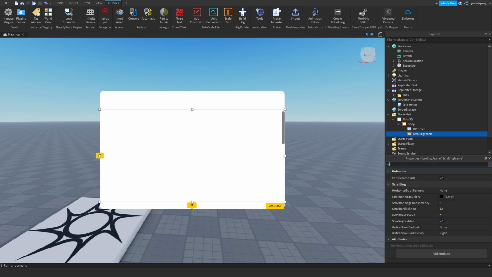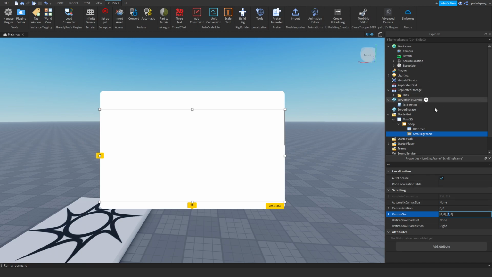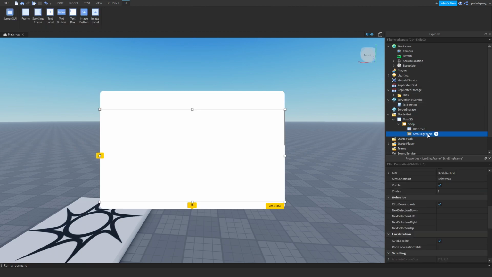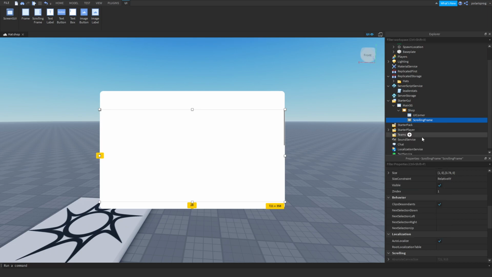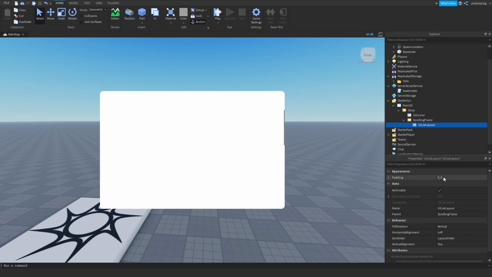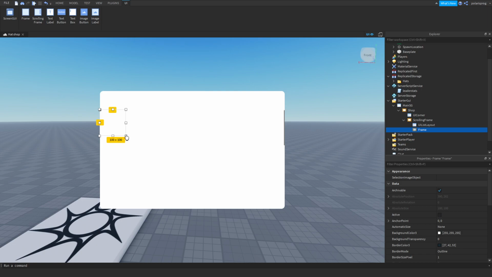I'm also going to change the scroll bar thickness to something like 2 or 3, and also you can mess with the canvas size, but that means that you'll also have to mess with the list size. Let me show you what that means. Inside of your scrolling frame, add a UIListLayout, and just not set in the padding yet, and add a frame inside of our scrolling frame, and I'm going to set